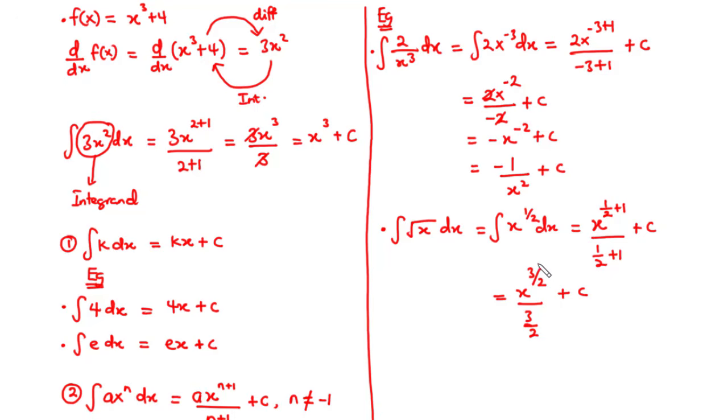So you multiply the numerator by the reciprocal of the denominator, so that we have 2 over 3 times, now x power 3 over 2 becomes the square root of x cubed. So the 2 which is at the denominator gives an indication that it is a square root, and then 3 here means that you have x to the power cube and then plus c. Now let's move on to, let's say, type 3